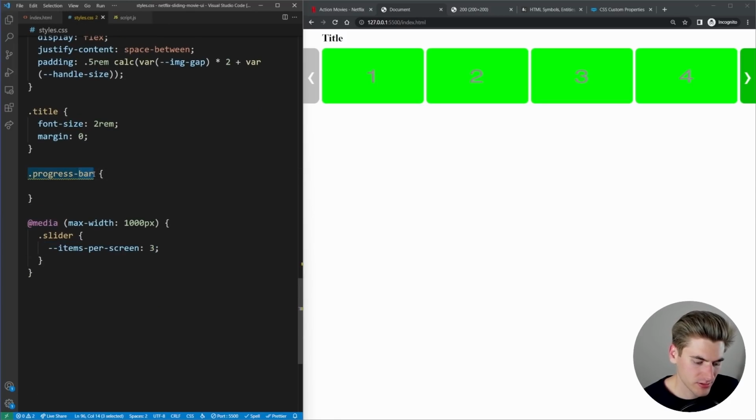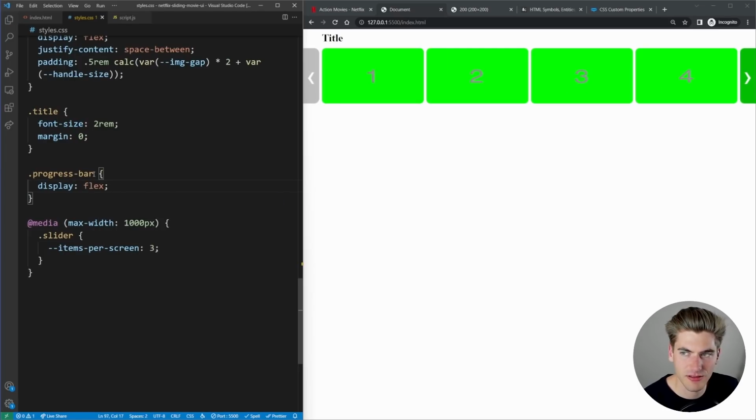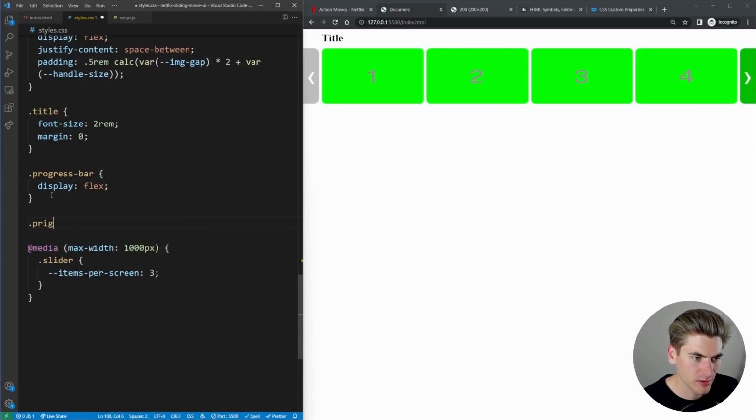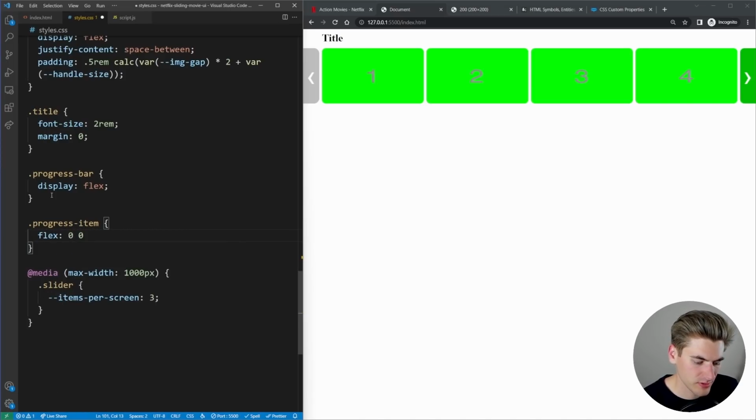So let's style what our progress item looks like. We have a progress bar, which we want to be a display of flex, I think. Progress item is going to be a flex of 0, 0, and 1 rem maybe.